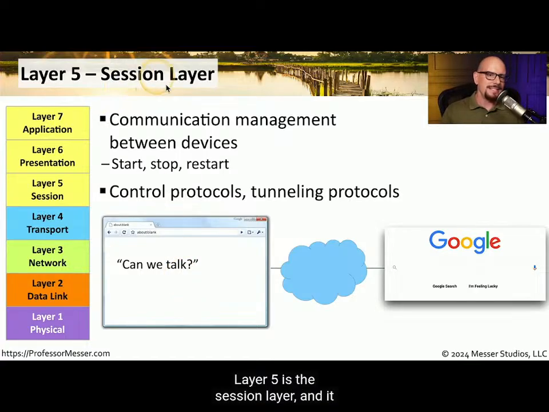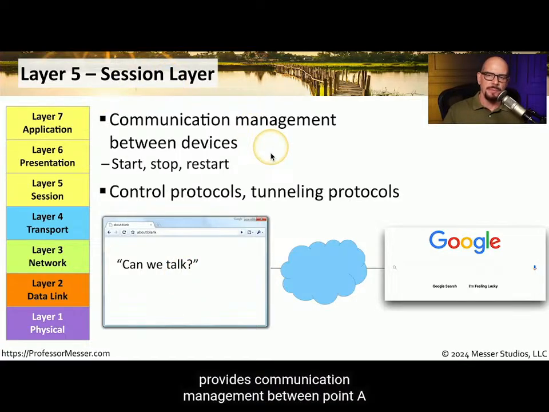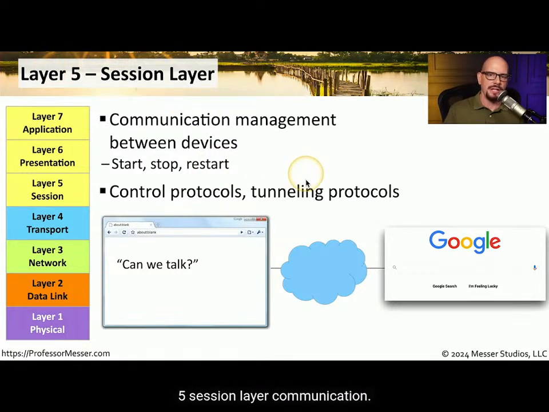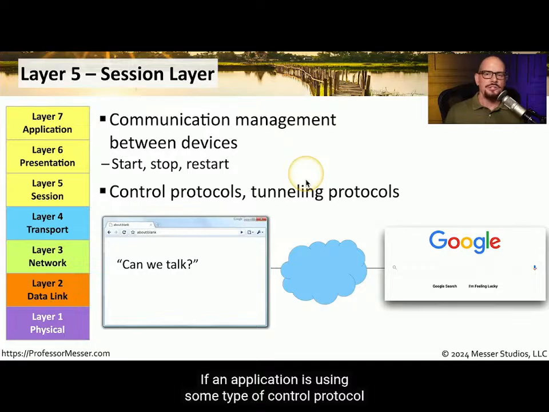Layer 5 is the session layer, and it provides communication management between point A and point B. Anything relating to the initiation of a session, stopping the session, or restarting the session can commonly be associated with that Layer 5 session layer communication. If an application is using some type of control protocol or you're tunneling information within existing data, then you're probably